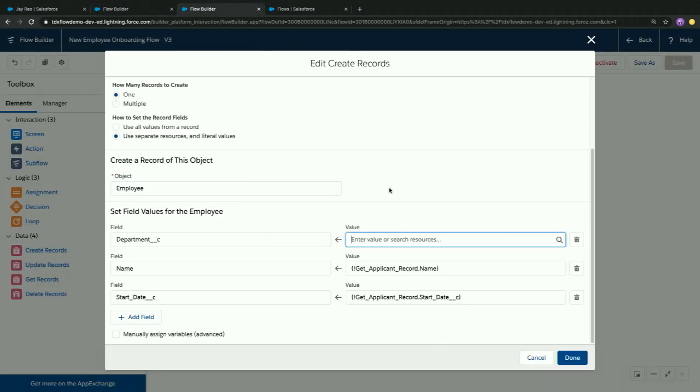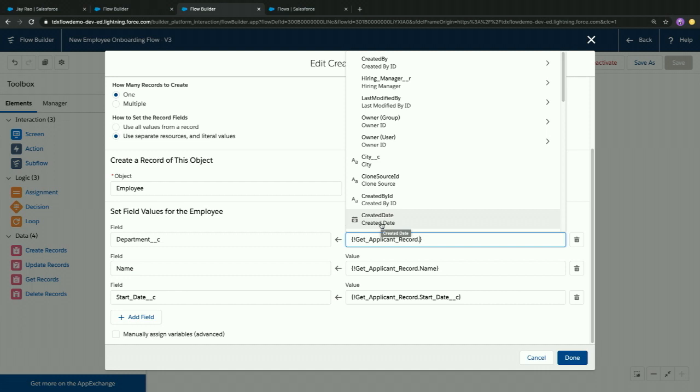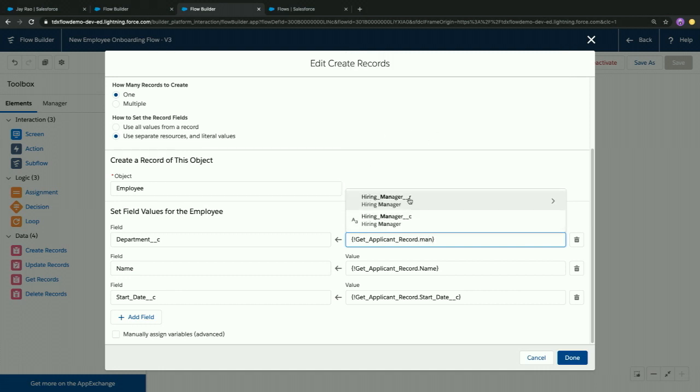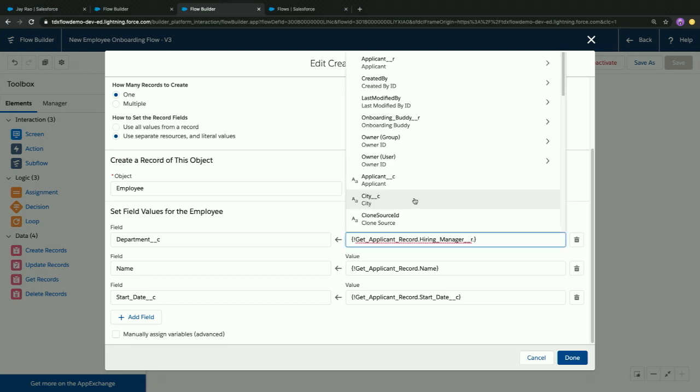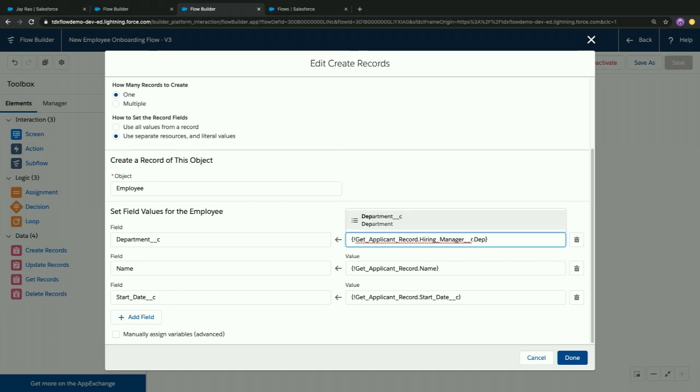This is feature number 2 that I'm super excited about: from the Get Applicant record, we can go to the manager, and here we see the hiring manager. We can navigate up a level, do a cross-object reference to the hiring manager, and get the department off of the hiring manager record. So we can now traverse to different records and pull that information back into the record.